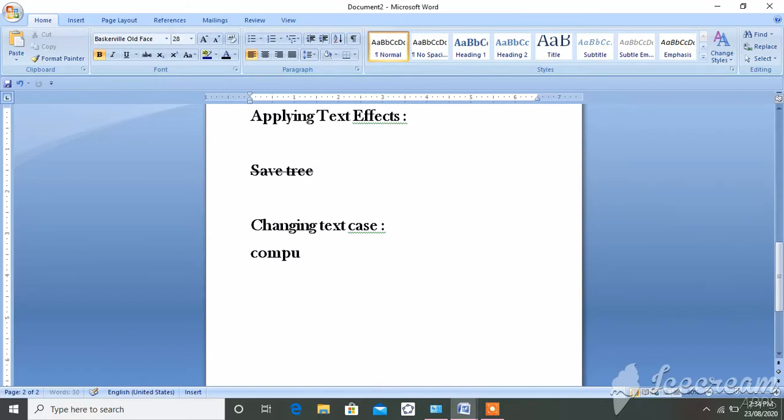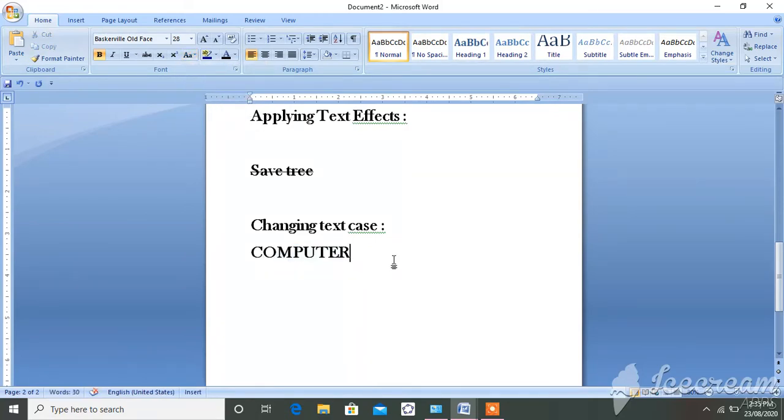Suppose now I will again type one word, computer. Now I want this word in capital letters. So how to do it? Select that character with the mouse, go here, see lowercase, uppercase. I want uppercase, so click on uppercase.